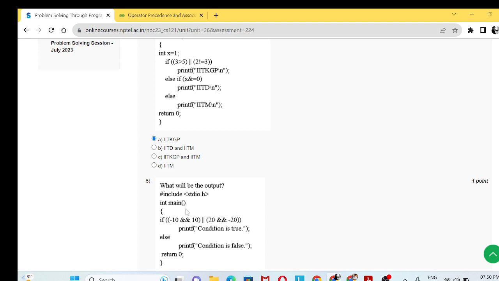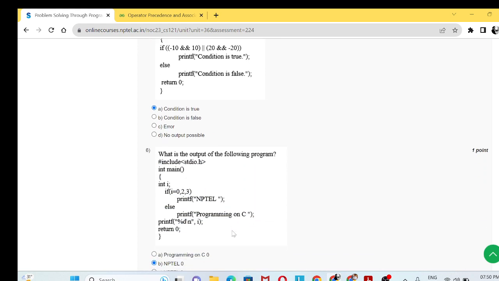So you'll get 1 here. So 1, 1 in OR operator, you'll get true condition. So the value is, condition is true. And this one,